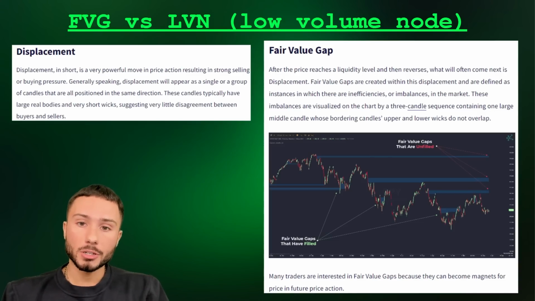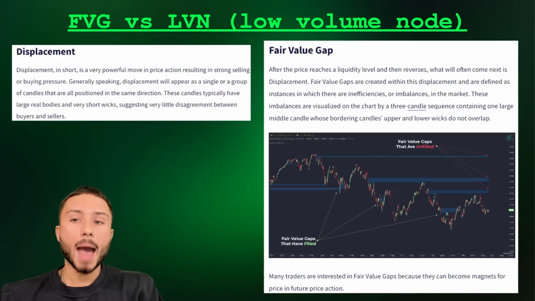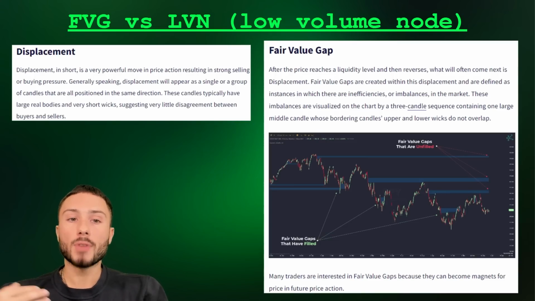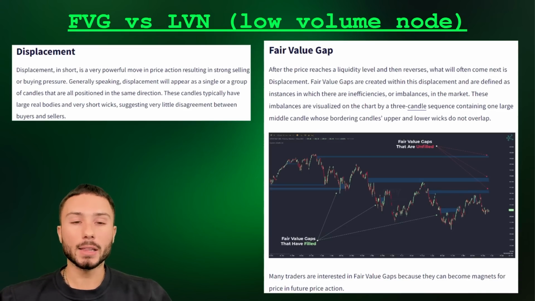But after doing some research for this video, what a fair value gap is, essentially, is created when there's an imbalance in the market by a sequence of candles where we see a very large drop or a very large rally to the upside. This price action results in strong selling or strong buying pressure, essentially leaving a displacement in price where candles have a really large body or very short wicks, indicating there's very little disagreement between buyers and sellers. Now, I'm going to have to disagree with saying that there was little disagreement between buyers and sellers,